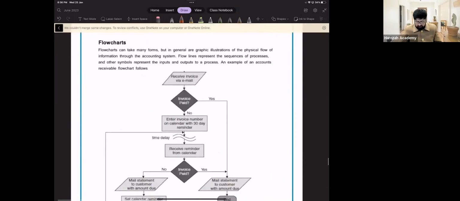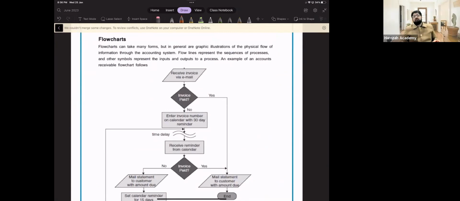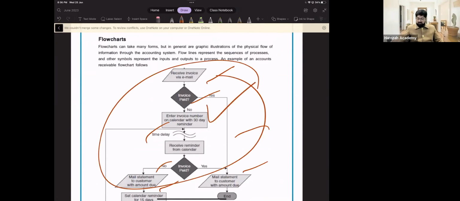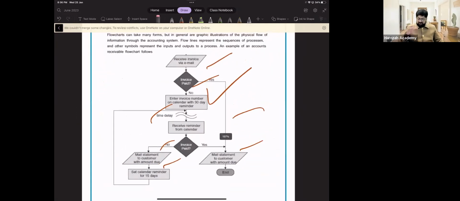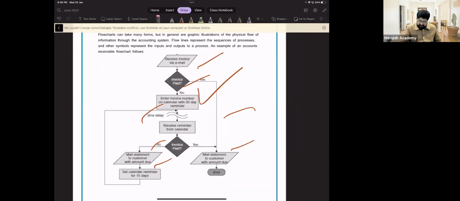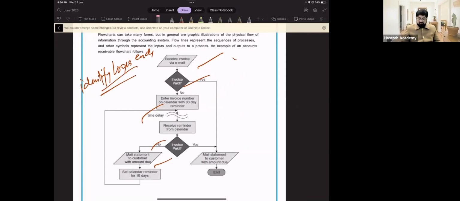Now, flow charts, charting. Starting from here, going there, approval there, you see charts. Input, process, output, everything. So what you can do, you can have the bigger picture. You can trace the transaction easily. You can identify loose ends. Loose ends means which area is weak, which control is weak here, which one is not properly designed. Bigger picture you can see from start to end,